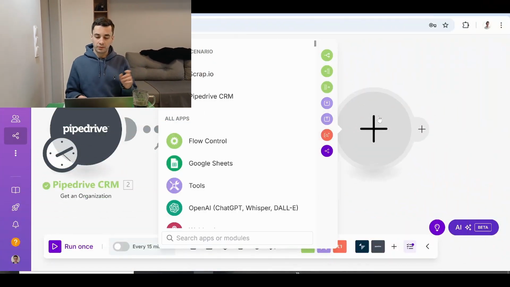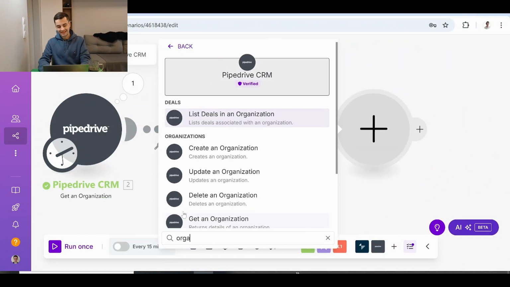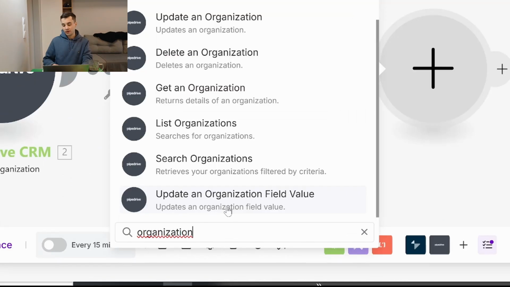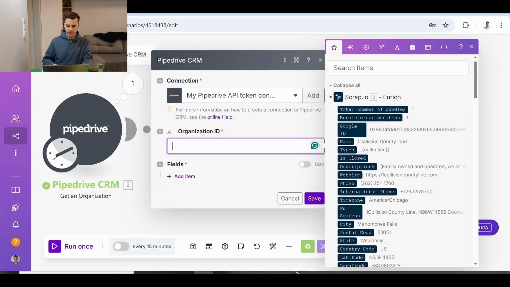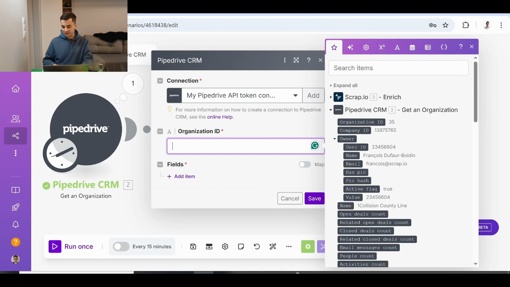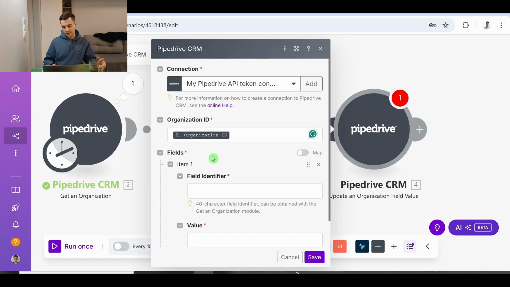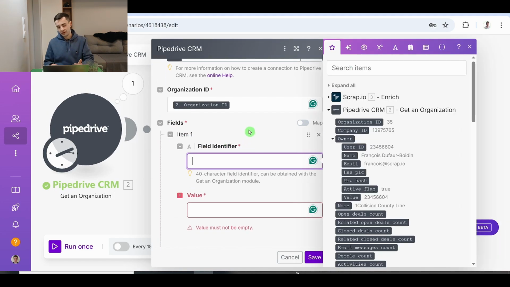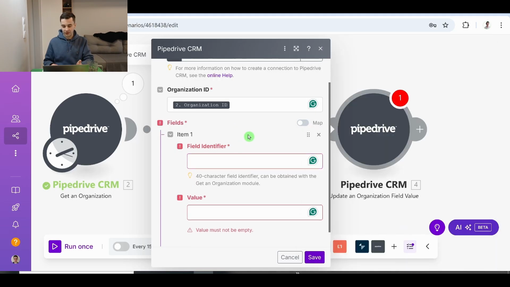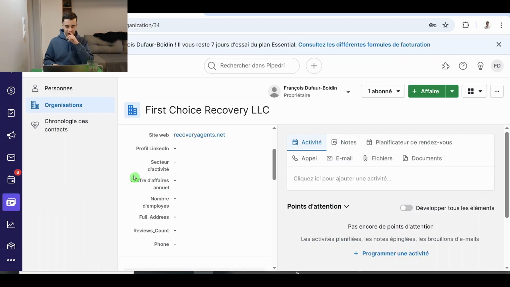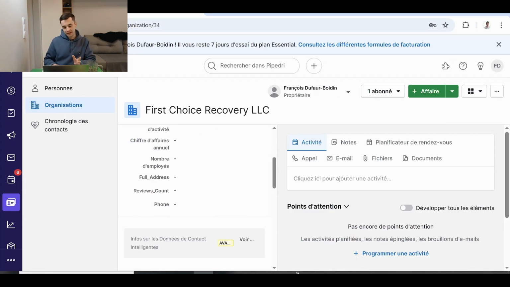To wrap things up, we are going to update the organization. Update an organization field value. The organization ID, it's going to be the same one, and I can add some items. When I first tried it out, it was pretty confusing to understand what the field identifier was. It's an ID. So for example, if I want to get the full address, what I have to do is